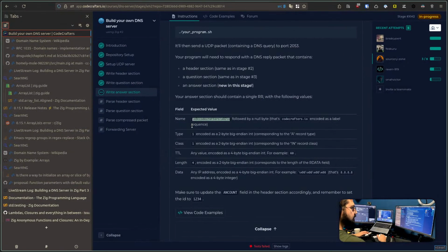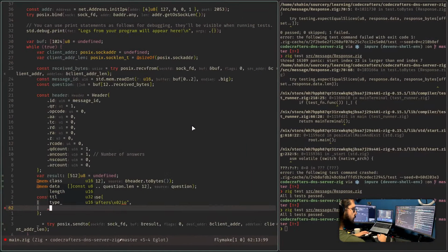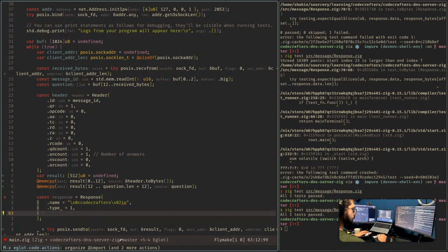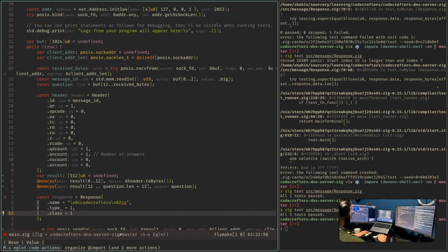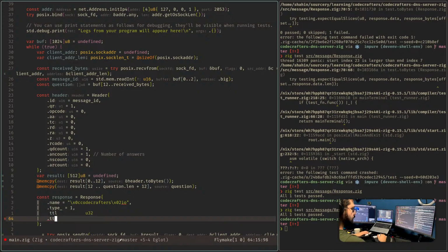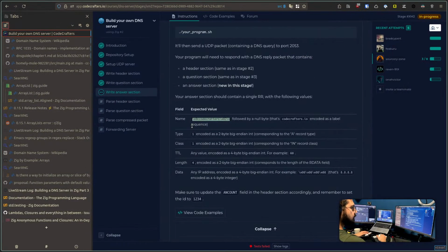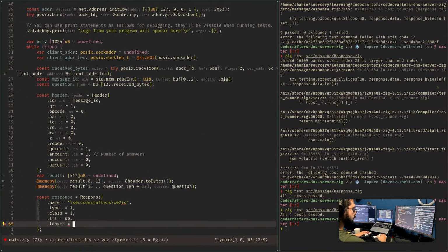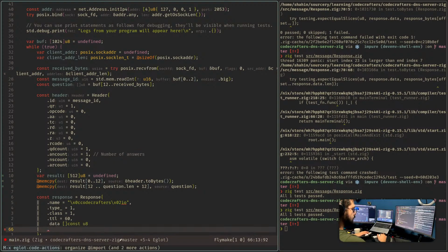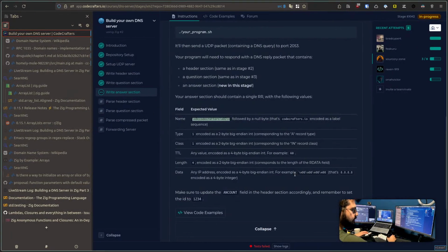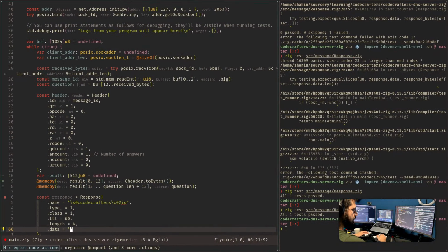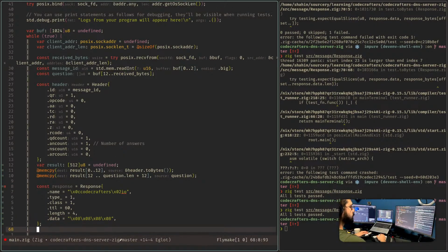Dot type class 1, type 1, dot class 1, dot ttl 60, and then dot lengths for, and dot data to, for example, this. Yeah, and then